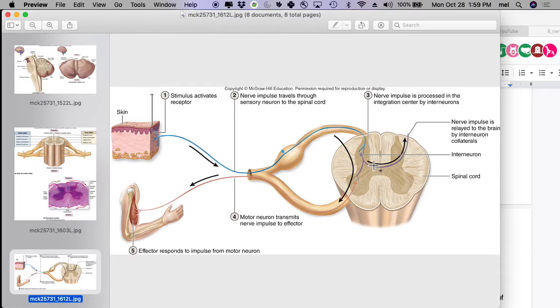Go ahead. So maybe I missed this somewhere, but the cell body of that sensory neuron, there's only one. The rest of it is all an axon. Yes, this is all an axon. These are the dendrites right here. So there's just the one head and the whole axon goes all the way to, say, the finger. Yes. So no neuron cell bodies out here to speak of at all